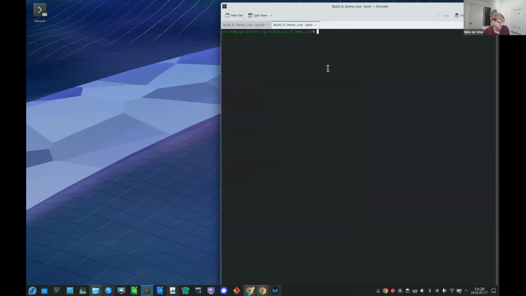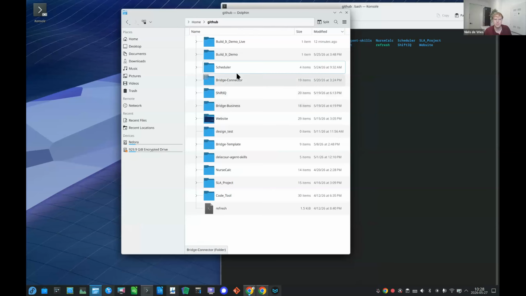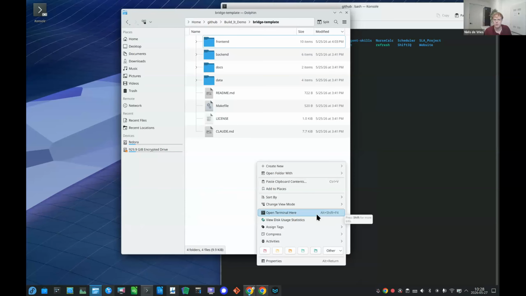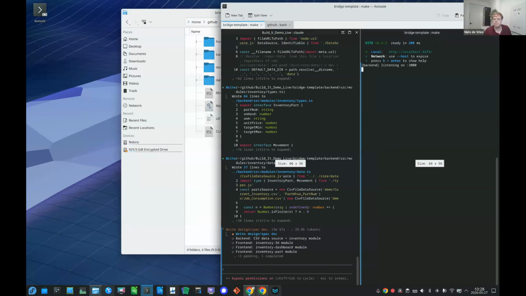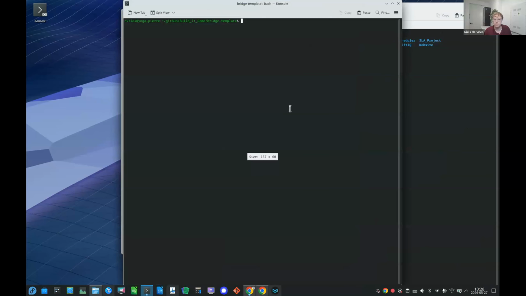I actually ran it before the session, so I'll just show you the result of that prompt from before. I'll just navigate to, actually, here, I'll do it through the File Explorer. So for you guys who don't use terminals, let me go into the result of this prompt. I'll go here, open the terminal, and I'll start the app. So after I ran the prompt,